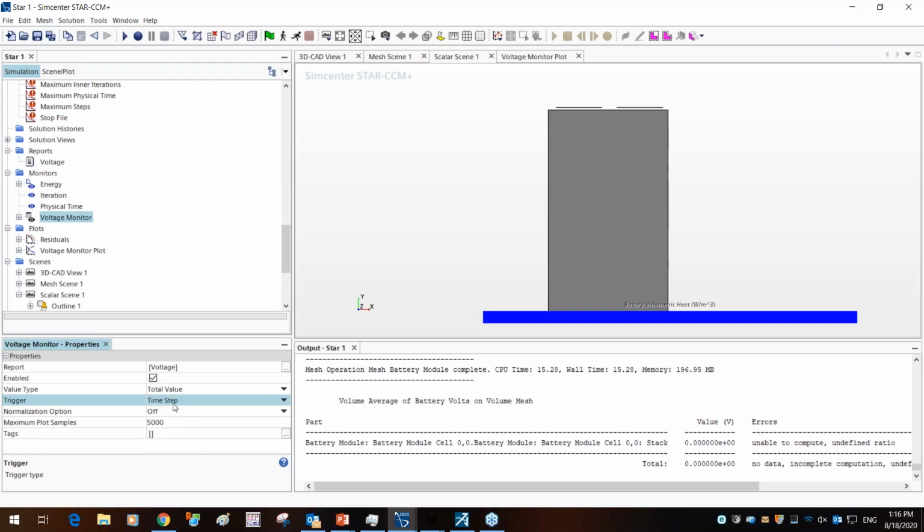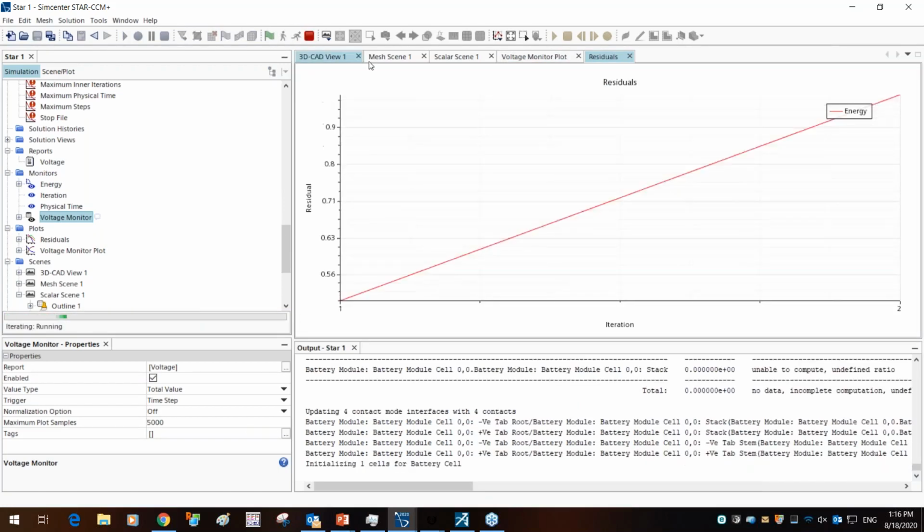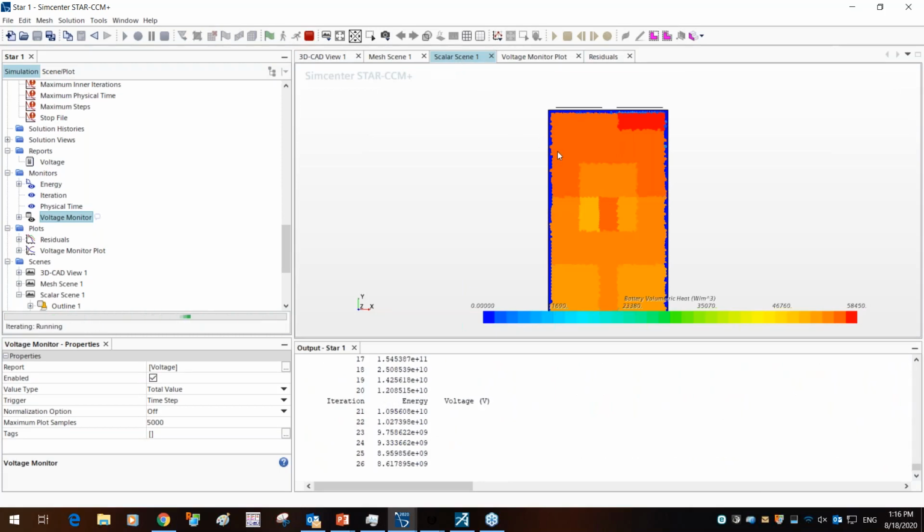But in this case, we're going to use a time step as a trigger to when we want to extract that voltage monitor, and hence voltage will be plotted against physical time. So we're just going to run the simulation, and you can see the solution being